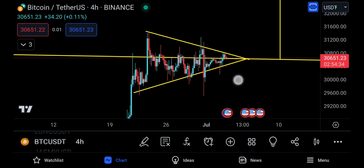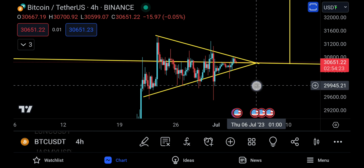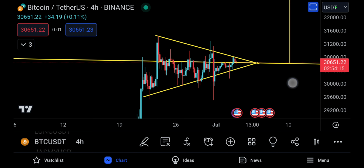So we do have this Bitcoin, and you can see how weird this pattern actually looks. You have something like an acute triangle, and Bitcoin is just moving sideways. You have this decision coming by the 6th of July. Today is, I think, the 2nd or 3rd of July as well. And right now, Bitcoin is just 3 days away from making a move, in my opinion, because you do have